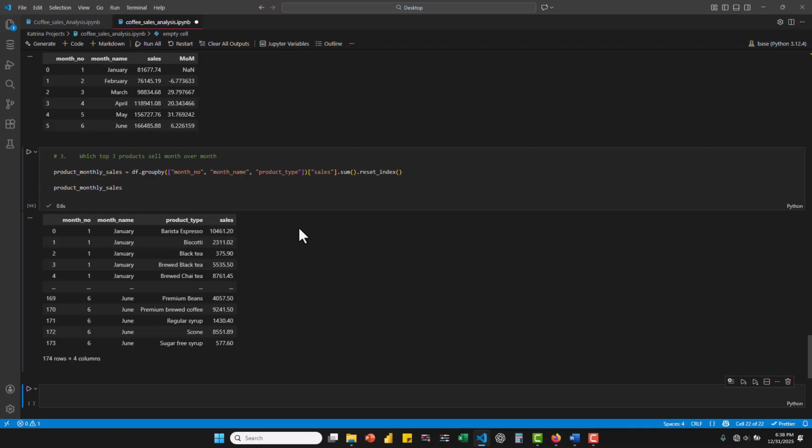So to do that, we will be ranking these sales with top 3 numbers. To do that, we are going to create a new column, which will be rank. So rank equals